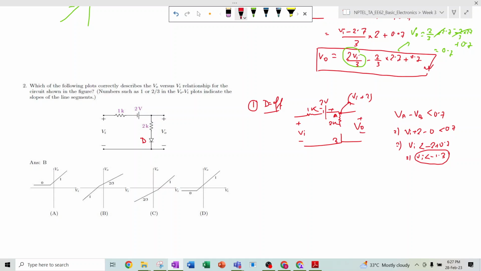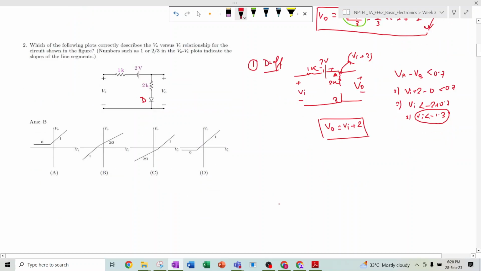And then what will be the VO? VO will be simply Vi plus 2, right? No current will be flowing in the circuit, so Vi will add up with 2 and it appears as the output voltage. This is the first case. Okay, in the second case,